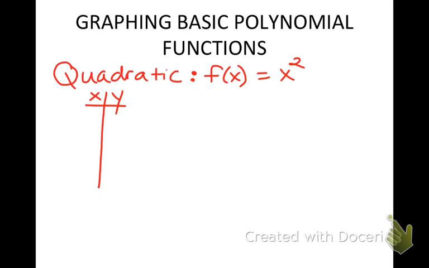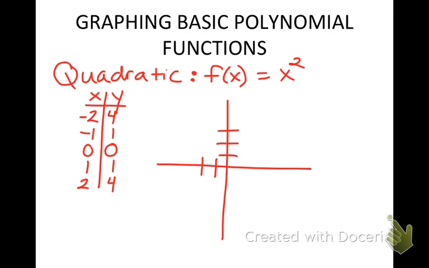is make your t-shaped table. You can put y here. You could put f of x there, because that's the same thing as y. Either works. If I pick, let's pick a -2. Plug in -2, what comes out? 4. Plug in -1, what comes out? 1. Plug in 0, what comes out? 0. Plug in 1, we get 1. Plug in 2, we get 4. Right? So if I plot those points,